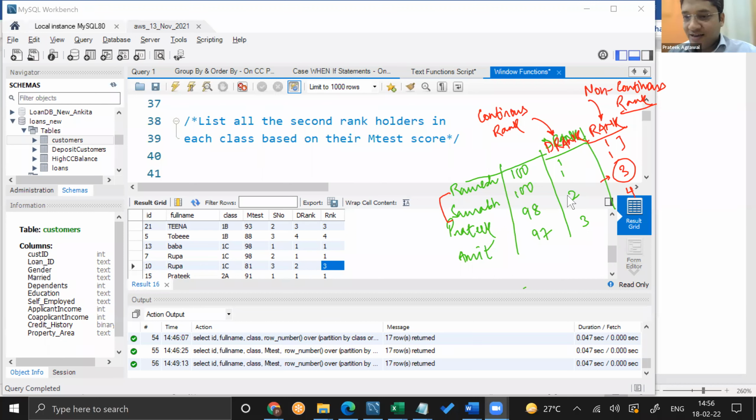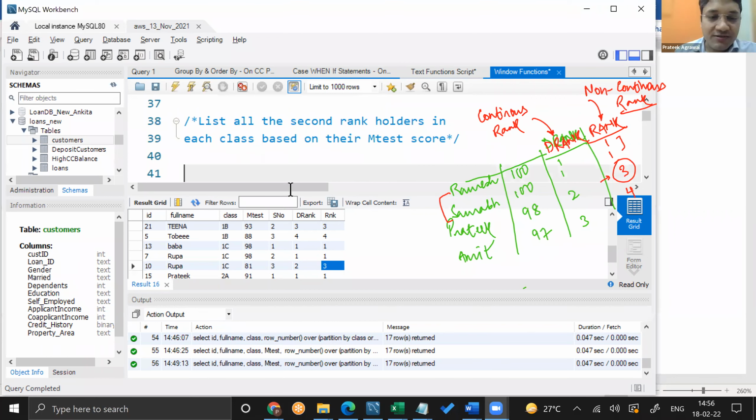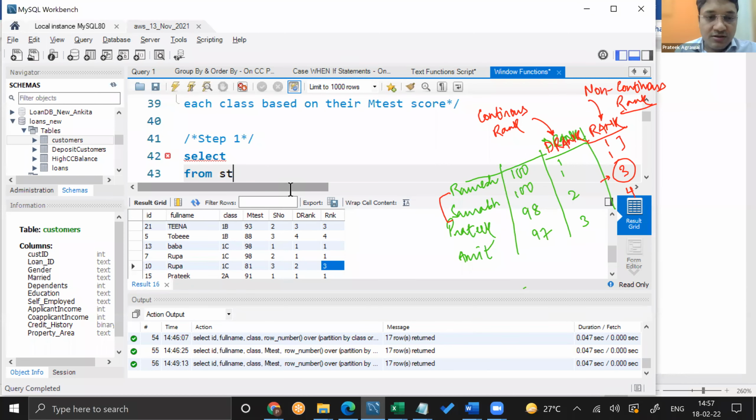Okay, nice, Ankita. Good job. If you look at this question, the first step would be step number 1. From students